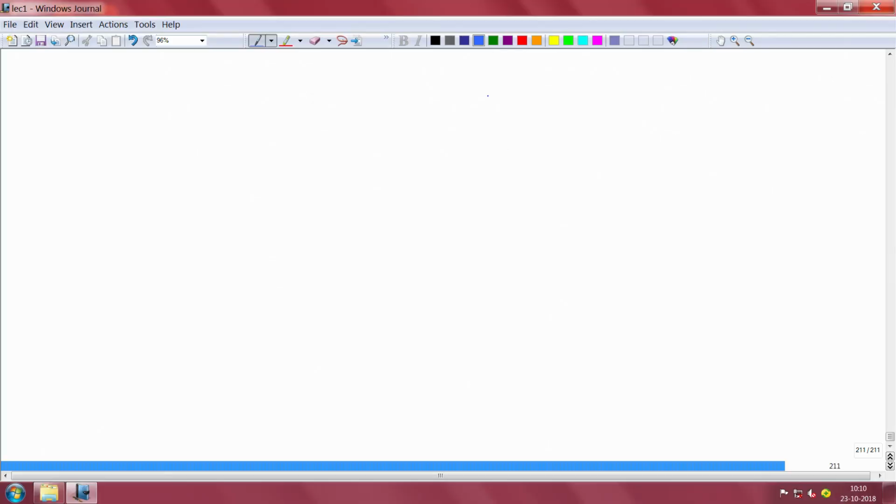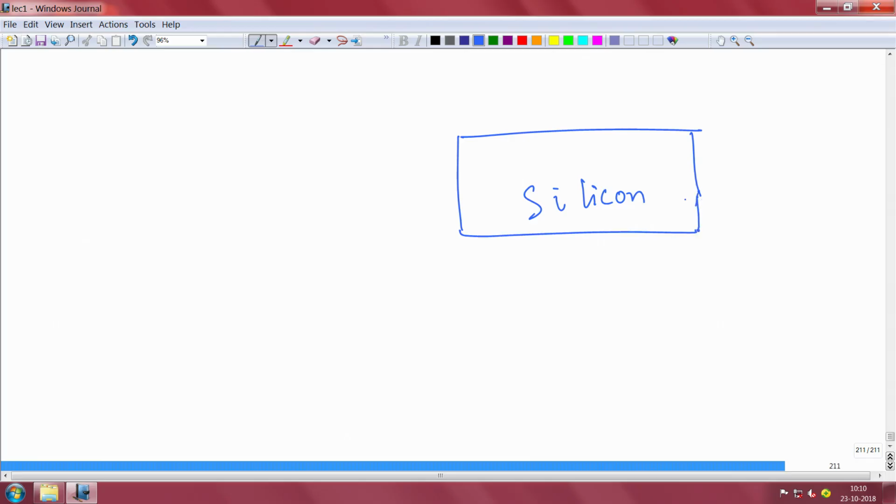In general, when I say metal semiconductor junction, suppose this is silicon. It can be p type, n type, anything, maybe intrinsic also. When I put a metal on top of it, suppose I put any metal, say titanium, or gold, or I can put a composite metal like a stack. For example, I might put platinum and then gold, a stack of that. Initially I will put platinum, and on top of that I will put gold. The thickness also could be anything.